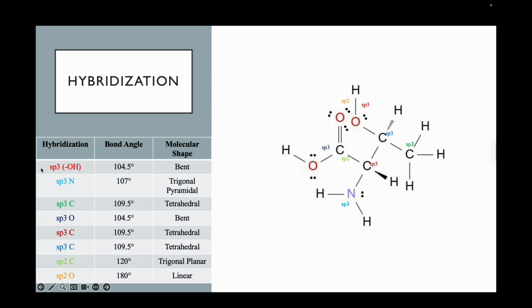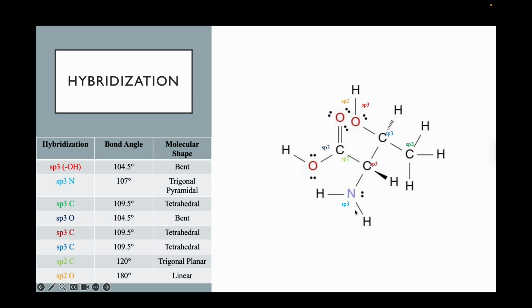Hybridization will start off with the sp3 alcohol group, bonding angle 104.5 degrees and a molecular shape of bent. It will be found at the top left of the molecule. And we will have an sp3 nitrogen with a bonding angle of 107, trigonal pyramidal, found at the bottom of the molecule. sp3 carbon, 109.5, tetrahedral, found at the top right of the molecule. sp3 oxygen, 104.5 degree bonding, bent, at the bottom